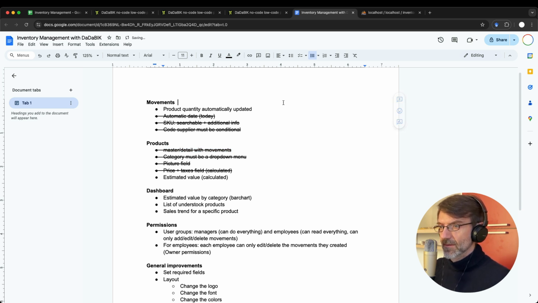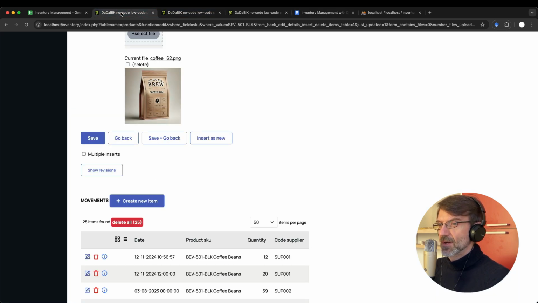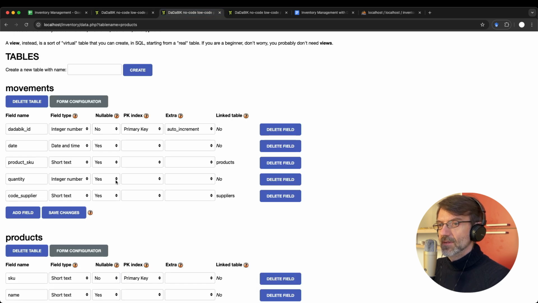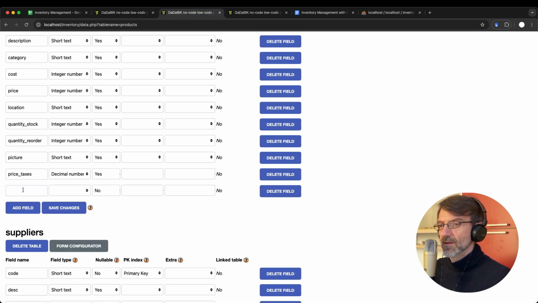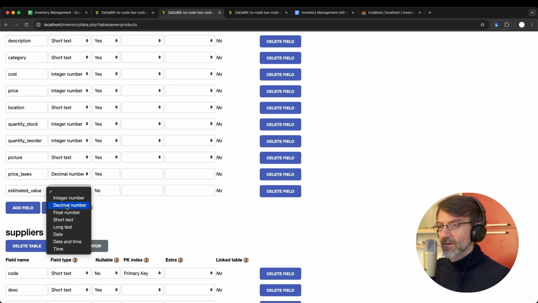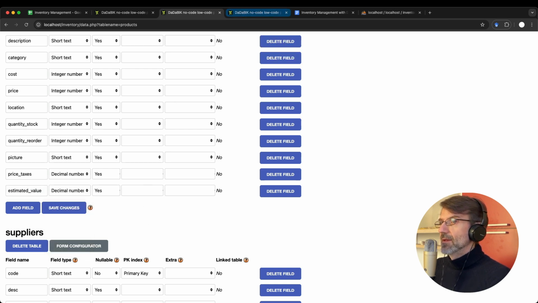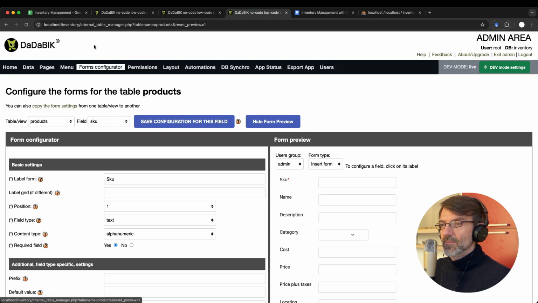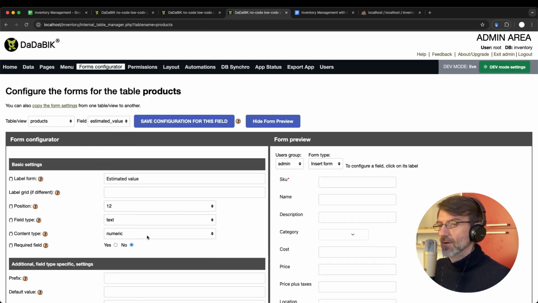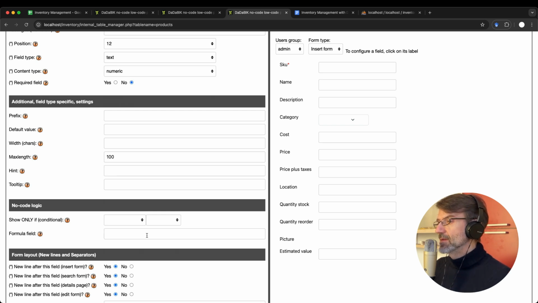And this is done as well. Estimated value. So for each product, well, we need to add the field first, estimated value, and that's a decimal number, nullable for the moment. And then in form configurator, product estimated value. All right, so the estimated value is basically the quantity multiplied by the cost. Okay, so you would be tempted to do something like